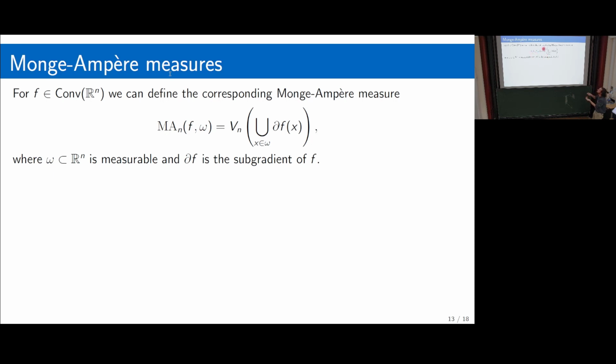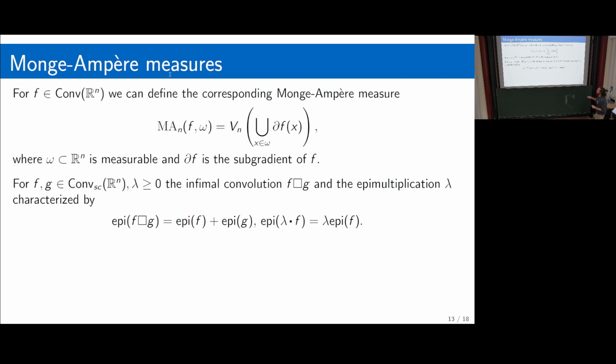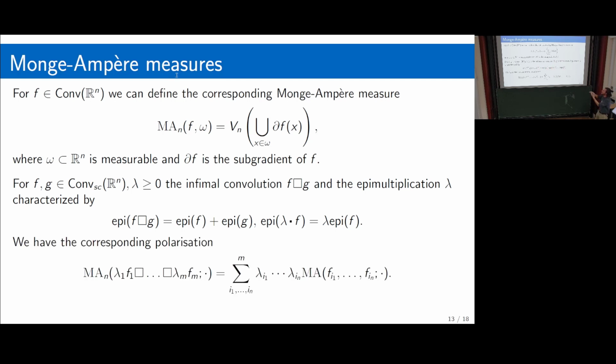So instead of considering the Gauss map, the reverse of the Gauss map, one can consider the gradient of the function, and then we just measure the images of the gradient of the function. Subgradient in this case, in a generalized case. Then we have an equivalent notion of addition, which is the infimal convolution, but this is just, in geometric terms, the Minkowski addition of the epigraphs,